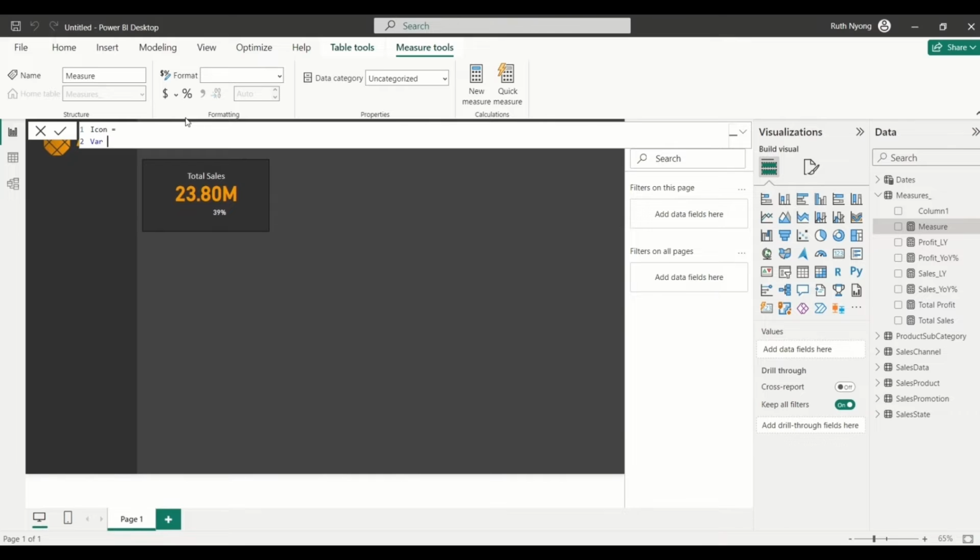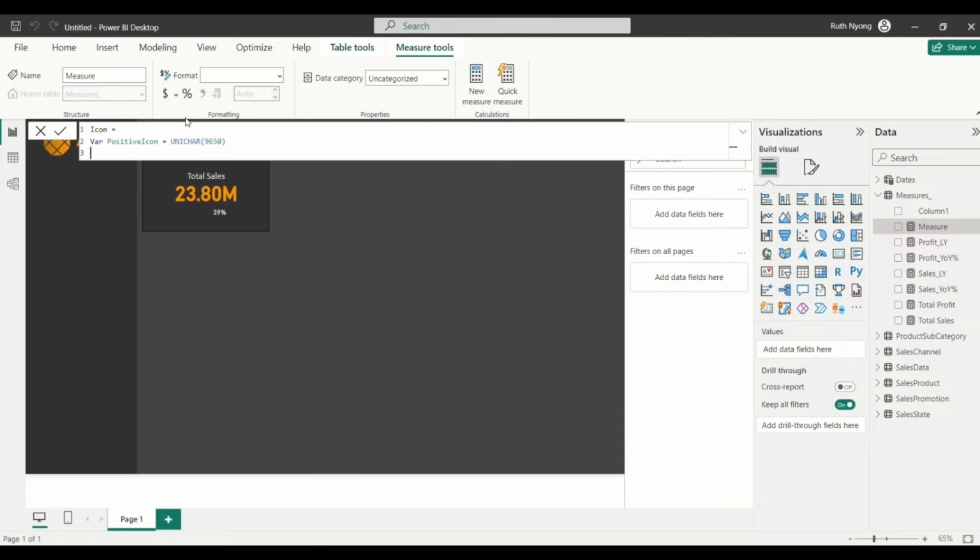Then we'll be using a variable to create this icon. So I'll say positive icon. Then we'll use a UNICHAR function. This UNICHAR function has several codes that can render different things, it could be emoji, it could be icons, and maybe symbols. So I'm going to use 9650. That's the UNICHAR code we want to use, and I'm going to press shift and enter so that we can create another variable